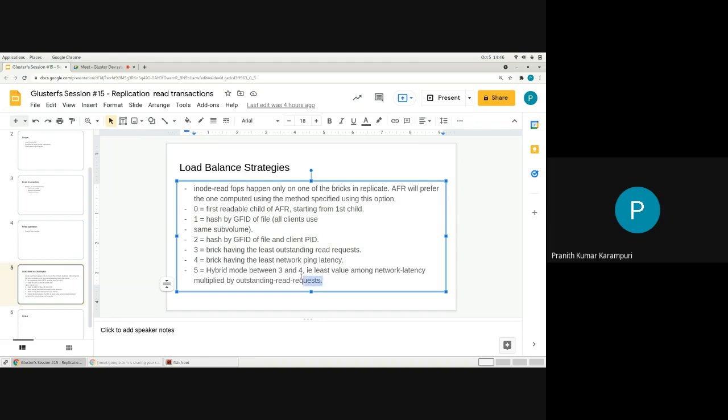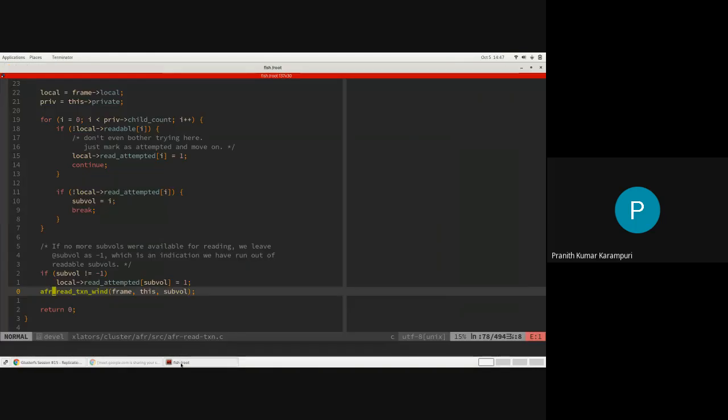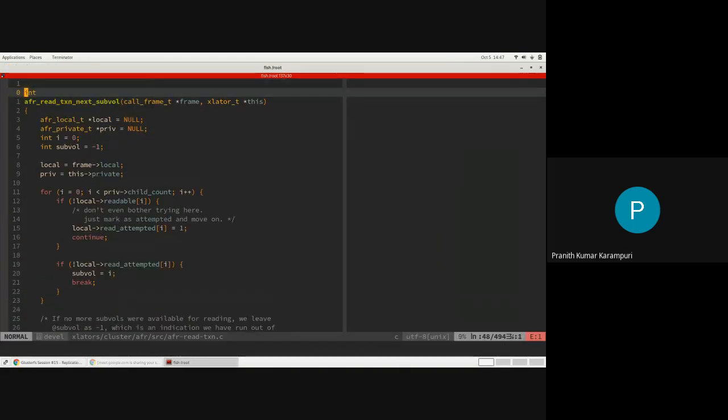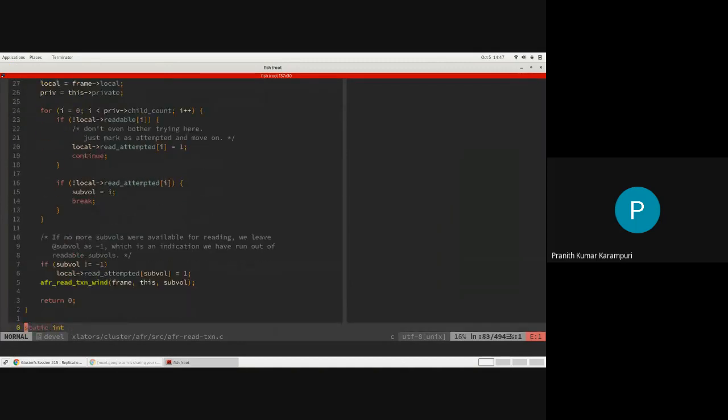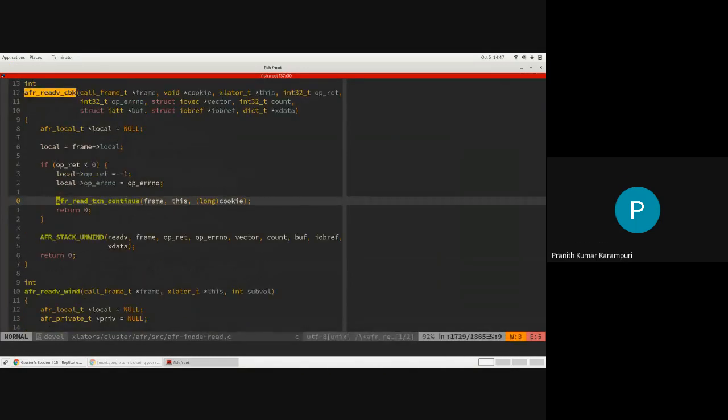This was done probably 2 years back. This is the latest load balancing strategy. In future you may get more strategies, but as it stands now, these 5 are active, and all of these things are done as part of this policy selecting.